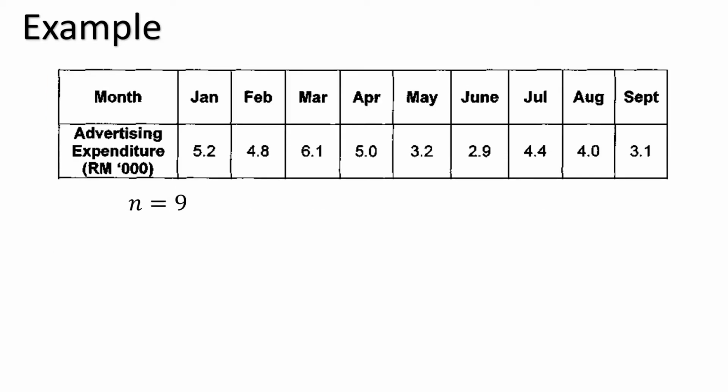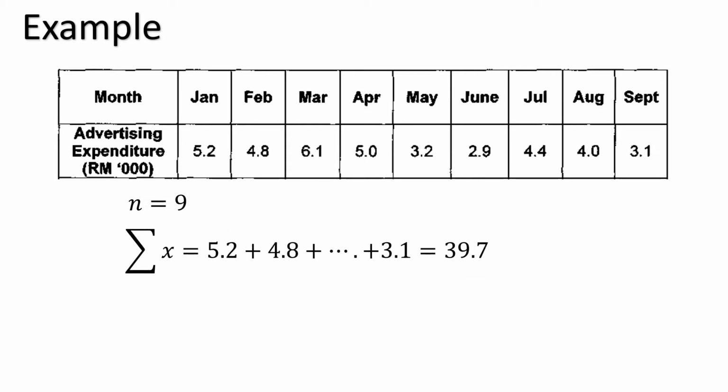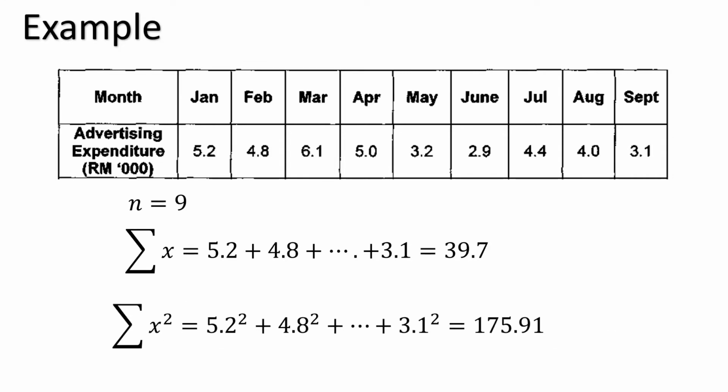n is equal to 9. Sum of x is equal to 5.2 plus 4.8 plus 6.1 all the way up to plus 3.1, which is equal to 38.7. Sum of x squared is equal to 5.2 squared plus 4.8 squared plus 6.1 squared all the way up to 3.1 squared, which is equal to